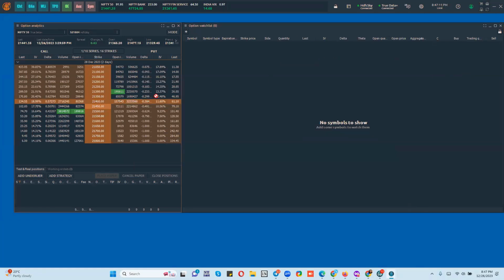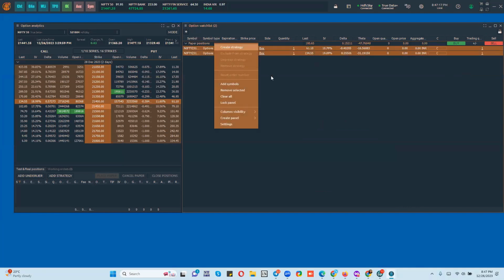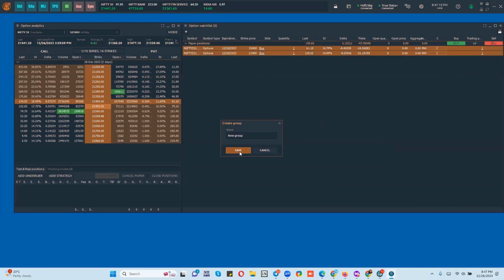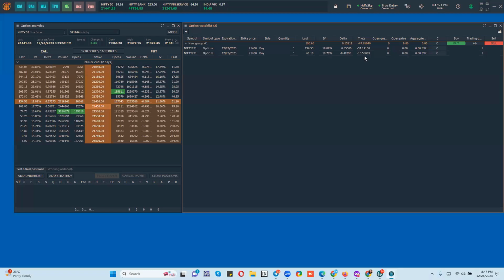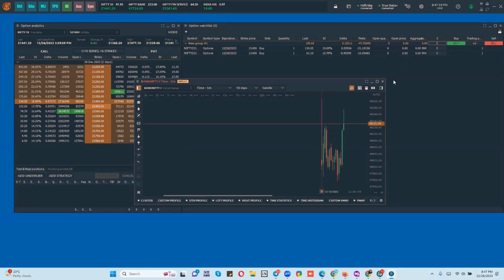Suppose I want a straddle chart. I can just drag and drop these two symbols and save this as a straddle. I can give any name I want and I'll save this as a straddle. And I will be clicking on the chart to see the,